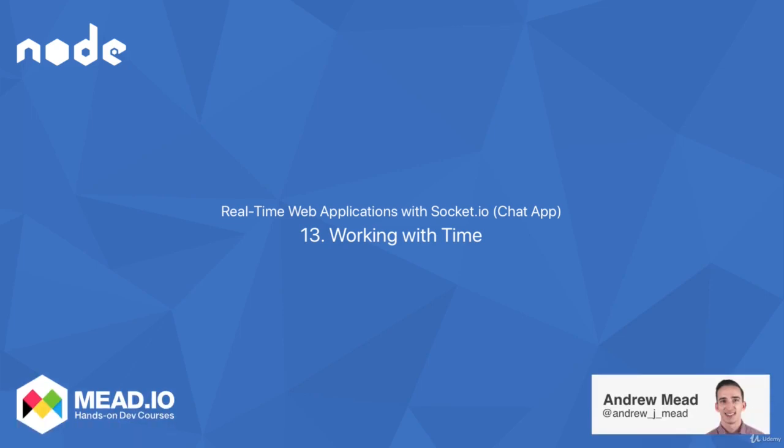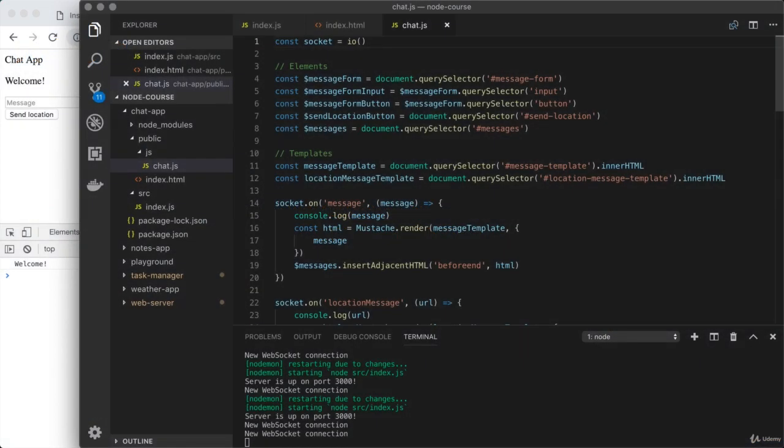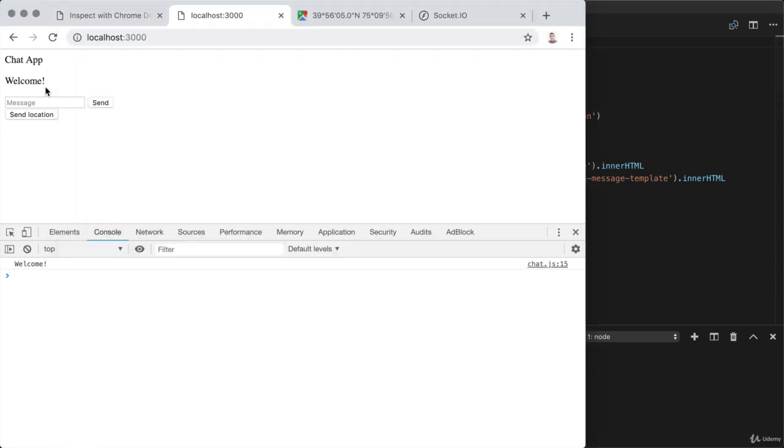In this lesson, you're going to learn how to integrate time into the chat application. So along with every single message that shows up in the browser, you'll also see the time at which it was sent. So in this lesson, we're going to focus on figuring out how to generate timestamps, how to transfer them between client and server, and how to format them in a way that's useful for the users of our